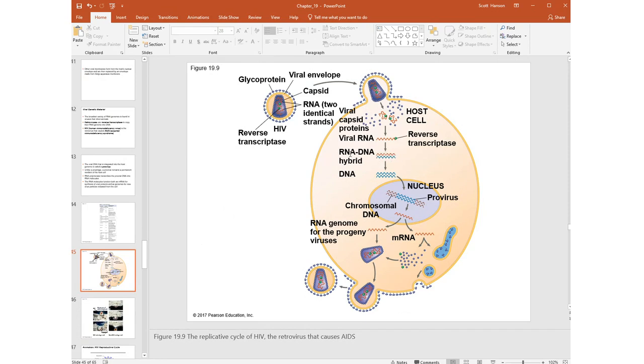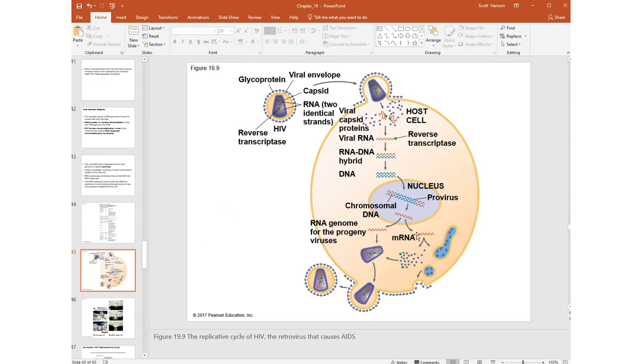And basically at first it's an RNA DNA hybrid, because the new DNA is produced using the original RNA genome from the virus as a template to make the new strand of DNA. Then they convert it to double-stranded DNA that goes into the nucleus and becomes part of the regular genome of the host cell as a provirus in the genome of the host cell. And then when that's replicated, then the new RNA genome is used